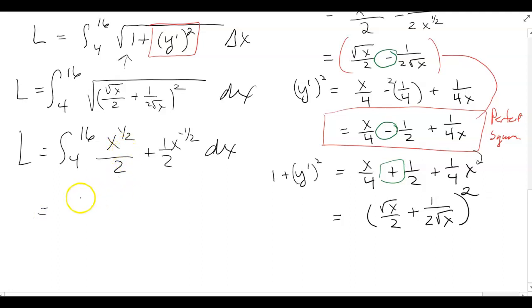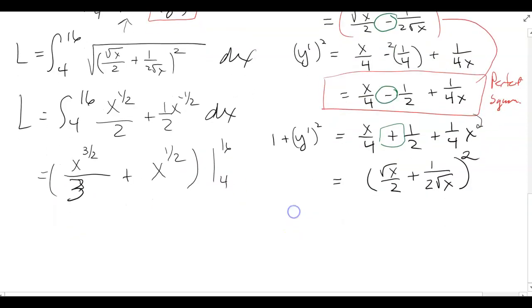x to the 1/2 over 2, raise it up. It's x to the 3/2 times 2/3. When you multiply by 2/3, you've got a 2 on the bottom. The 2's cancel. You're left with 3. All right, 1/2 x to the negative 1/2. You're going to raise it up. It becomes positive 1/2. You're going to divide by a half, which is multiplying by 2. It cancels the 1/2, and you're left with x to the 1/2. And this all goes from 4 to 16. Now you can throw the math in there. You have 16 to the 3/2 over 3 plus 16 to the 1/2